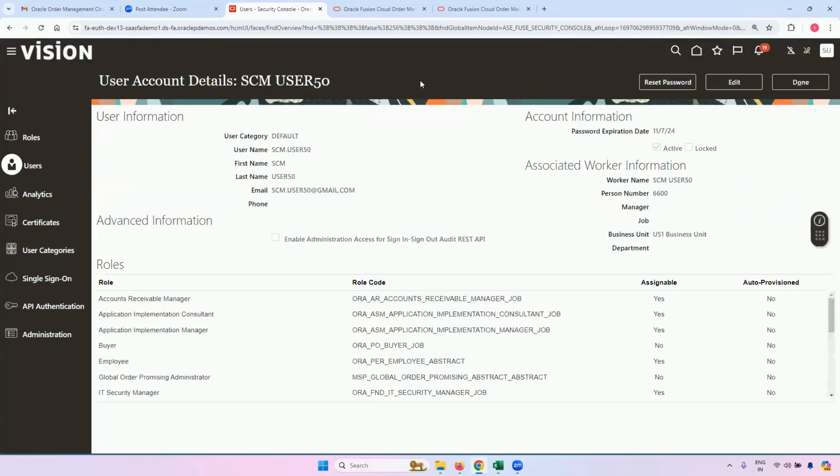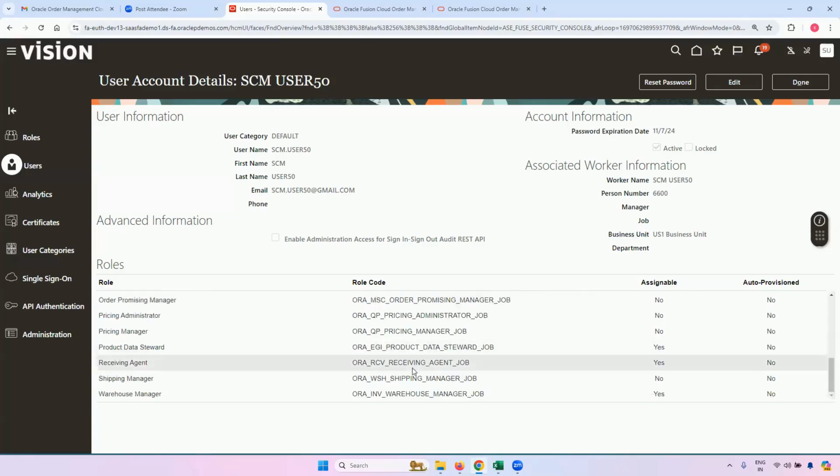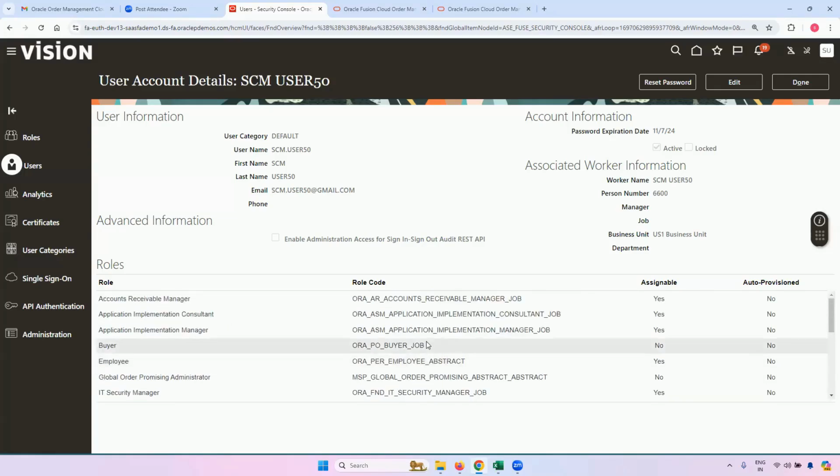When I clicked on that user, you can see his last name, first name, username, email, everything is coming up. The business unit he is associated with, he is active. And if you come down, you can see all the roles which are assigned to him. So this is how Security Console is helpful to create an implementation user and to assign him the roles.